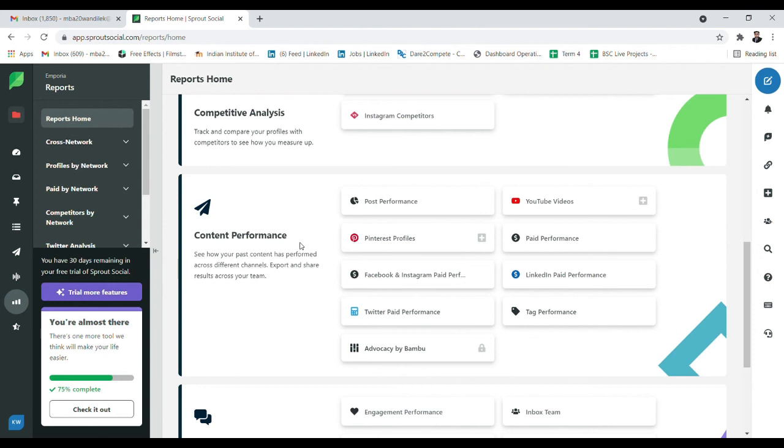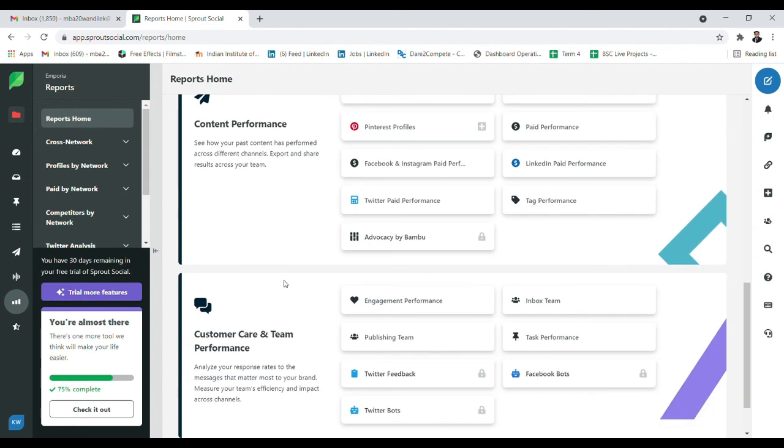For example, if I'm a YouTube channel and I'm putting out different types of content, I can analyze which type of content is gaining me more views, audience or engagement. Maybe a funny video, or an informative video which I'm posting on the same channel, where my consumers are getting more attached or more engaged. So I can get my content performance from here, which is very helpful.